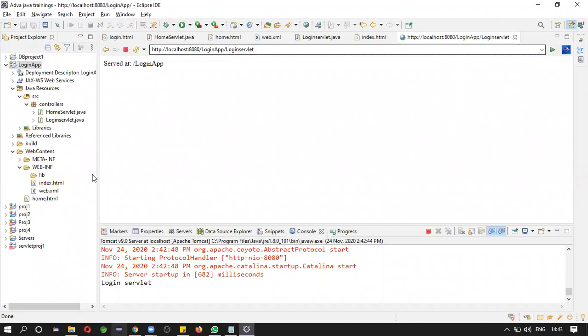Okay, then what? Login form. Let us create. Okay, I already created the login form, so it is available here.